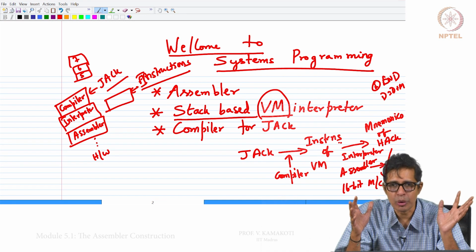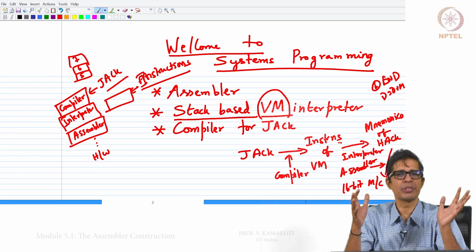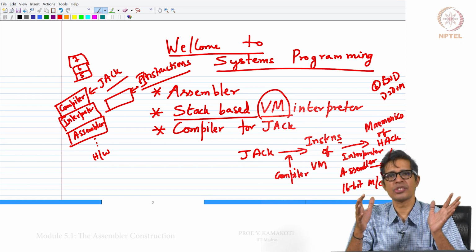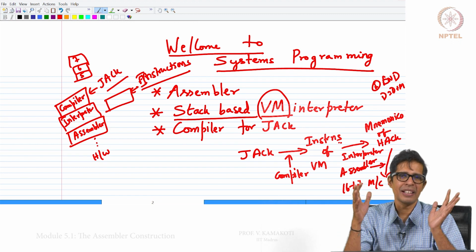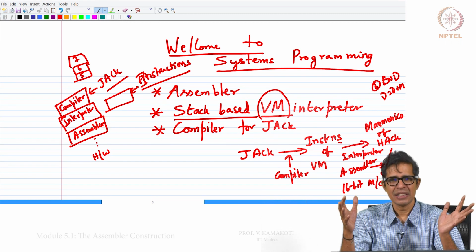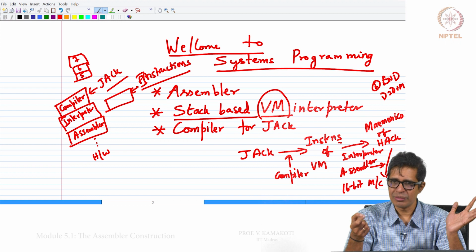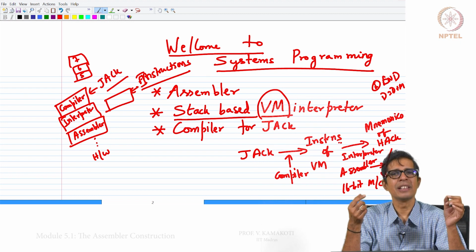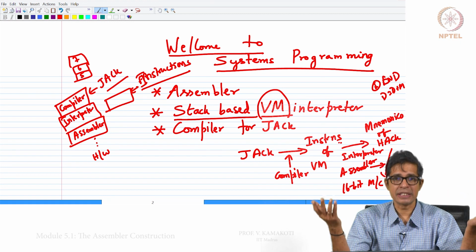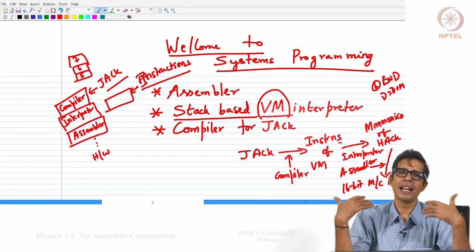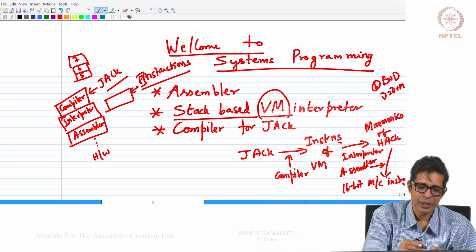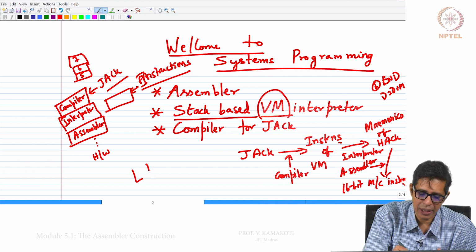What we want to give you as a takeaway from this course is an experience of writing these software and understanding the complexities. There are a lot of simple things that you will learn which in the long run will make you understand the compiler for C and what they call LLVM. There is a low level virtual machine, LLVM.